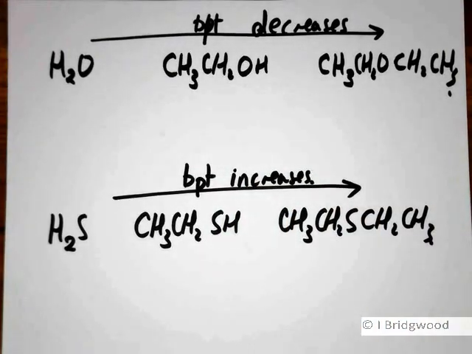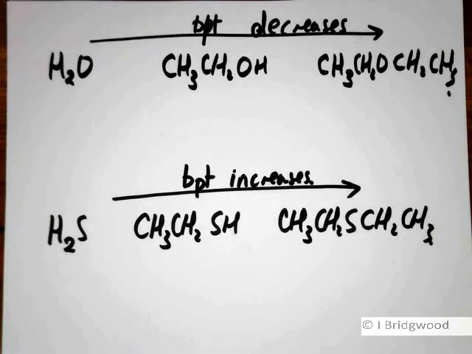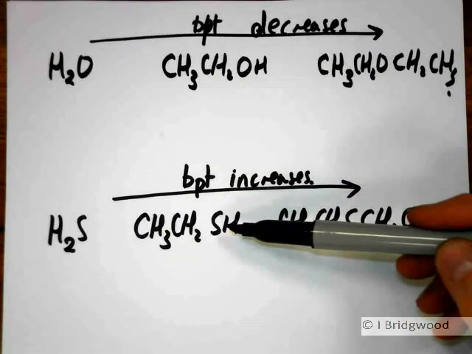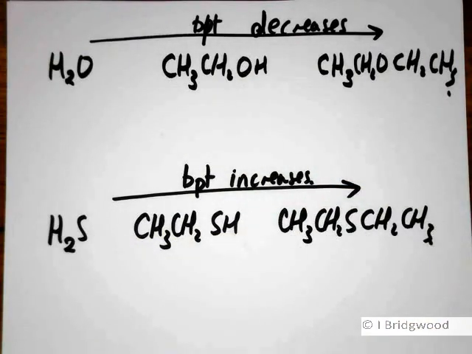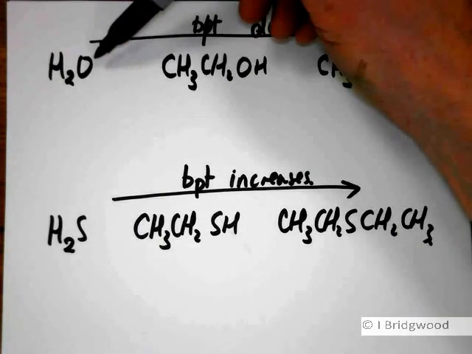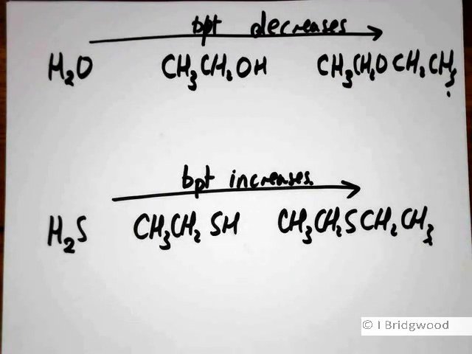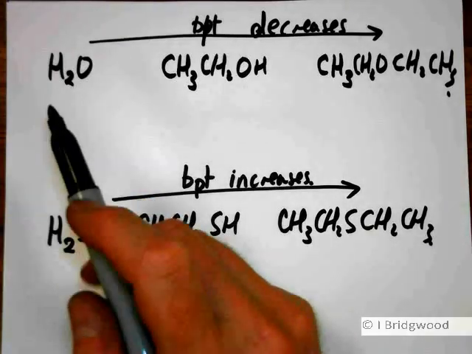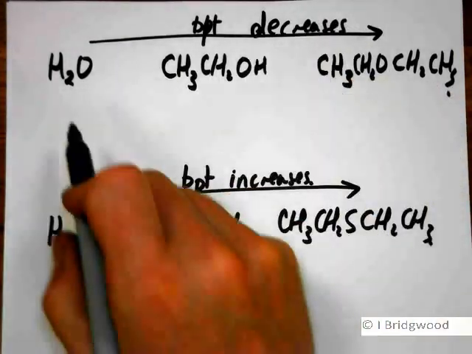And why the difference? Why the big difference between those two when all that you're doing is changing one atom for a very similar atom just below it in the periodic table? The difference, of course, is due to the fact that oxygen is the second most electronegative element in the periodic table. So water will form strong, or relatively strong, hydrogen bonds,